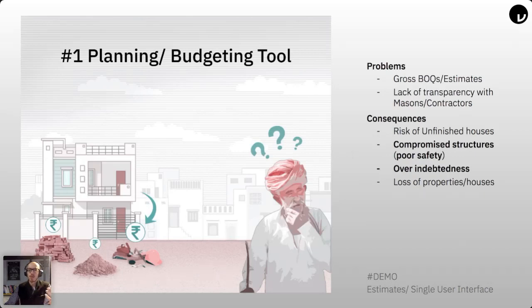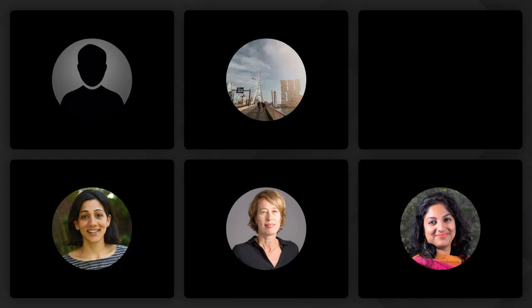There is a risk of a compromised structure because the money is less than planned, and then there is a risk of over-indebtedness. So the first thing that we wanted to do when we started was a budgeting tool, something that could help a person like Mahesh understand how much his house project is going to cost. So with that said, I will jump to